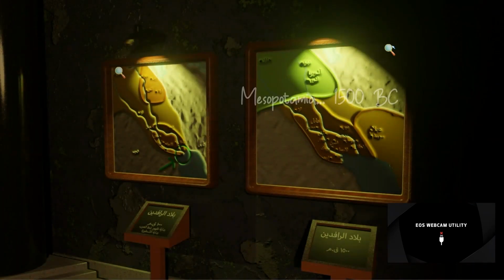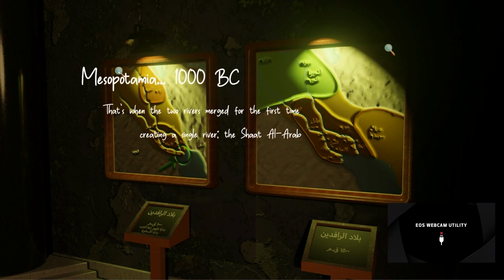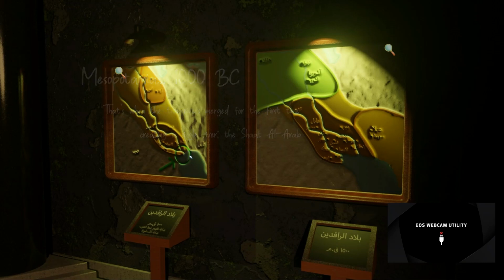So we also have this 1,500 BC map. And then we have Mesopotamia 1000 BC. Historically, this is when the rivers merged for the first time, creating Shatt al-Arab. This did not exist for a very long time, until around 3,000 years ago. So before that, those two rivers were separate, and then the water receded,